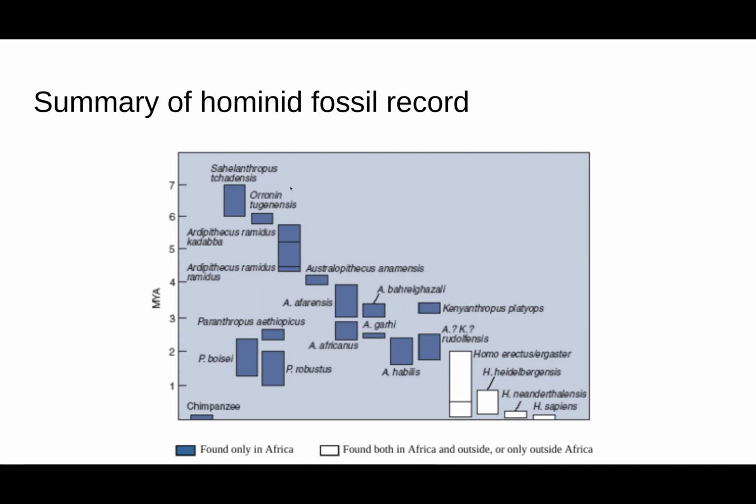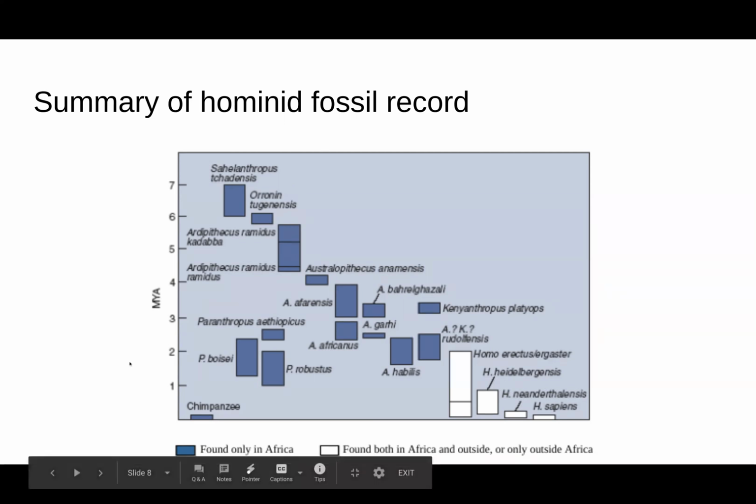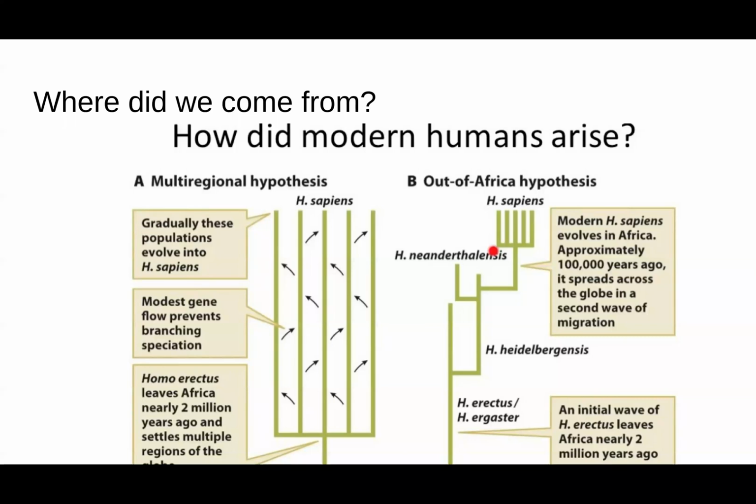as well as outside of Africa. And so the idea here is, where did we come from? And there are two leading hypotheses here. The first is what we call the multi-regional hypothesis, and the second is what we call the out of Africa hypothesis. Now, they're very, very similar, but the key difference here is that there is something,